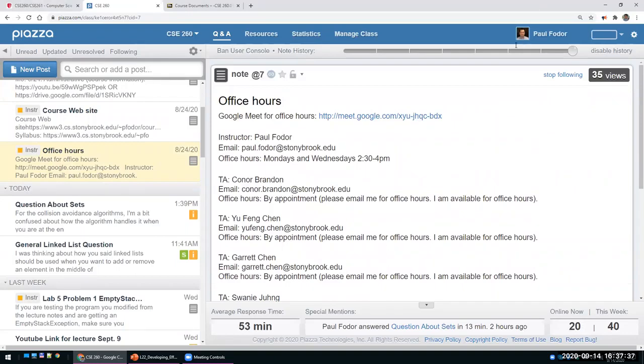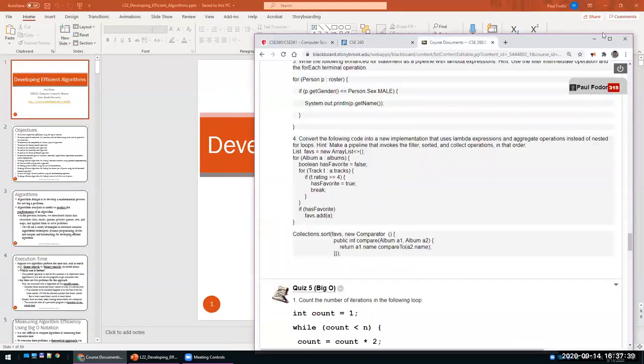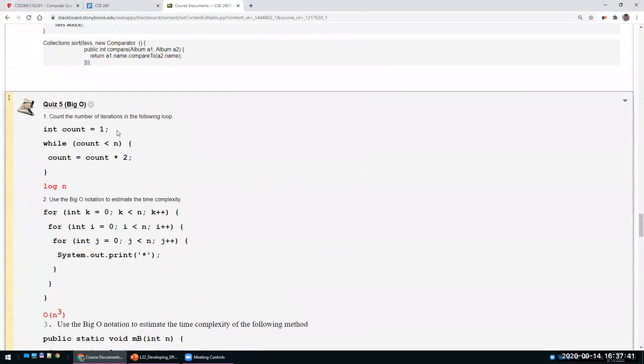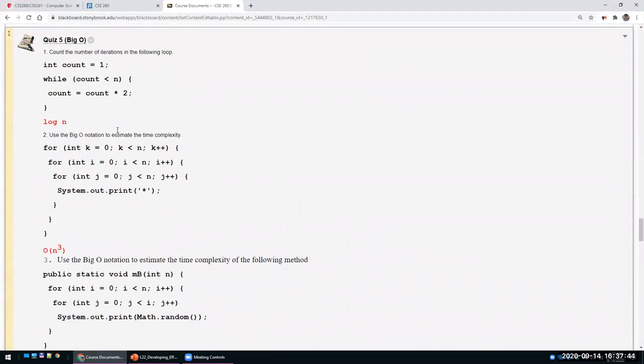One other thing that I want to discuss is that today there is also a quiz. And for this quiz, I actually provided answers. So all that you basically need to do is to review the quiz, which we'll do together at the end of the class, because today it will be the first time that we will do